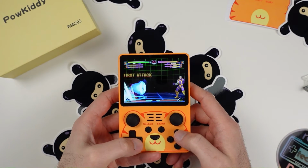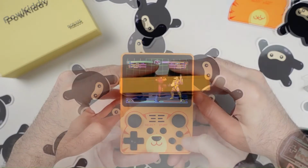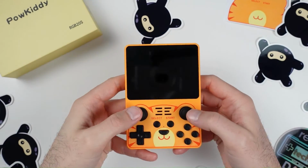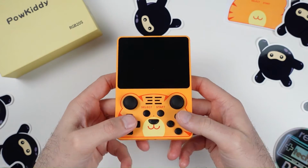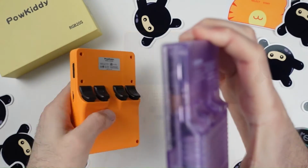But surprisingly, this isn't as uncomfortable as it might look because of these shoulder buttons on the back, and so you get this nice grip on it using those buttons there. Many times I rocked the left analog stick and used the face buttons and really enjoyed gaming this way for Dreamcast and Nintendo 64. And speaking of those shoulder buttons, I found them to be more enjoyable to use than